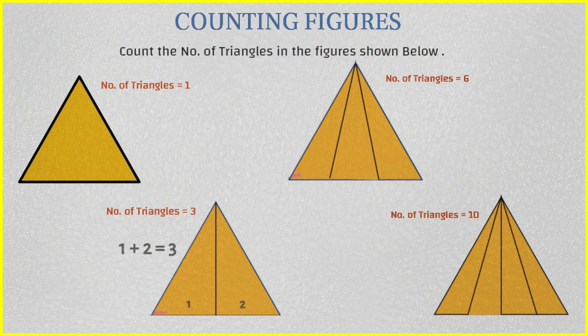Similarly, in figure 3, there are 3 smaller triangles formed on the base of the biggest triangle. So here, the total will be 1 plus 2 plus 3 equals 6 triangles. Finally, in figure 4, there are 4 small triangles formed on the base of the biggest triangle. So in this case, the total will be 1 plus 2 plus 3 plus 4 equals